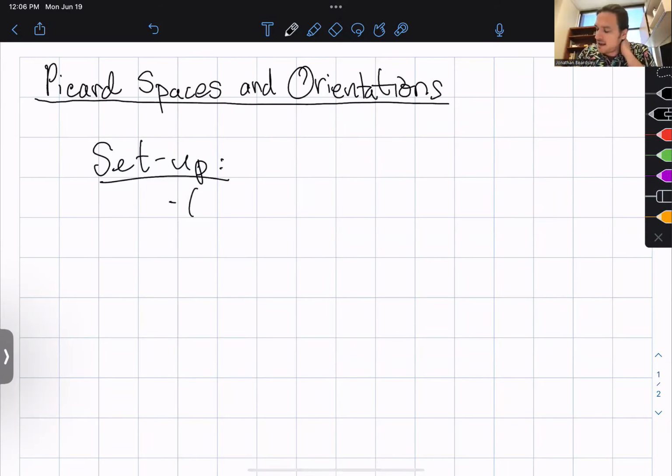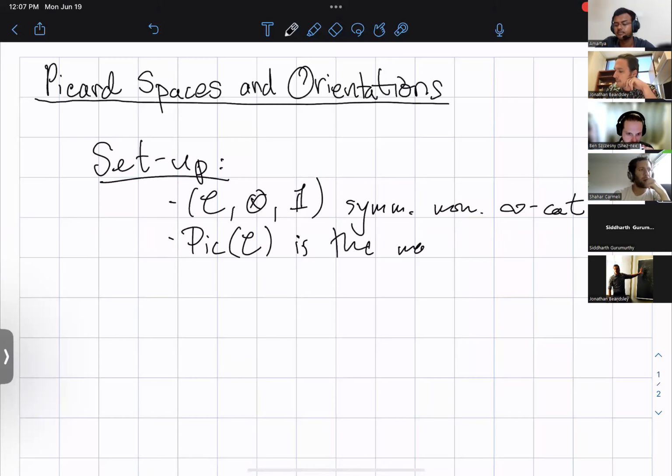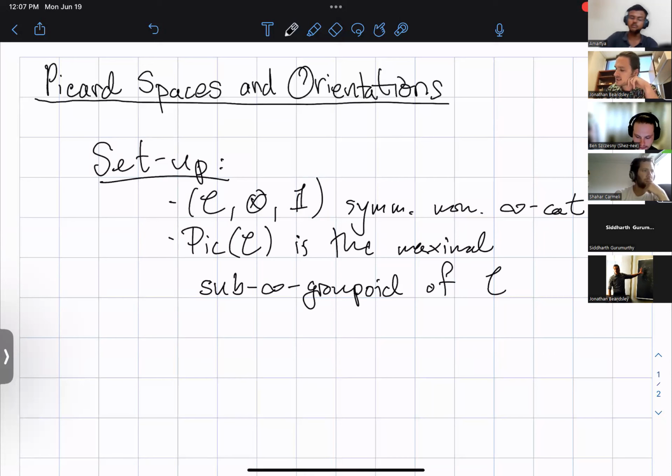I want to have, in general, some symmetric monoidal infinity category C. And I am going to define this space, which I'll write as Pic C, to be the maximal sub infinity groupoid of this category C on the tensor invertible